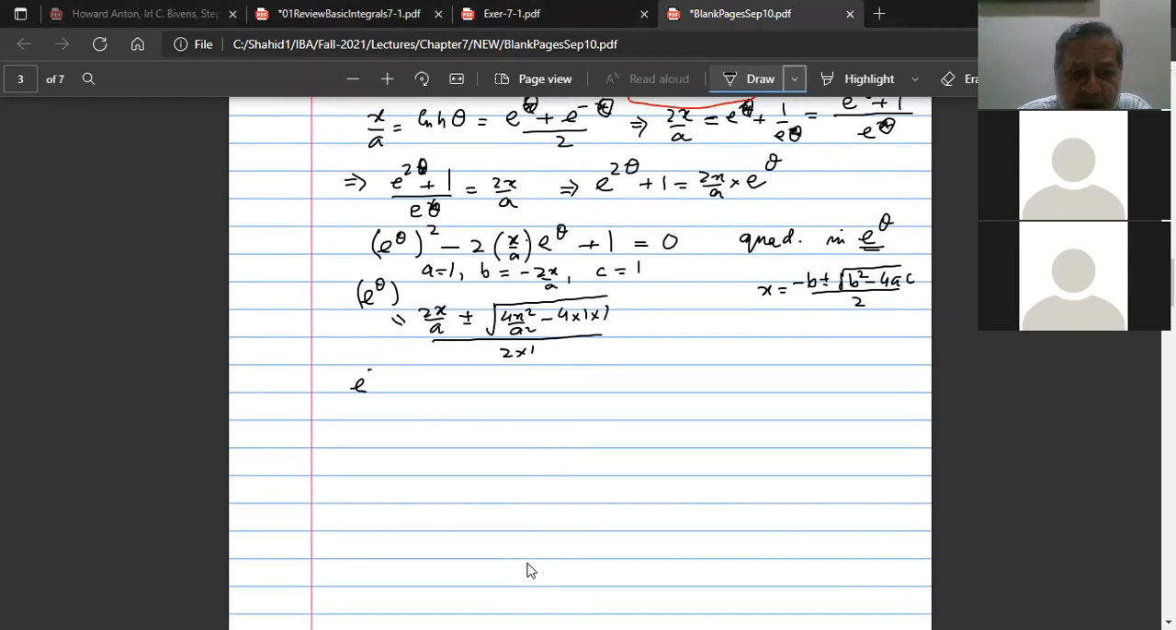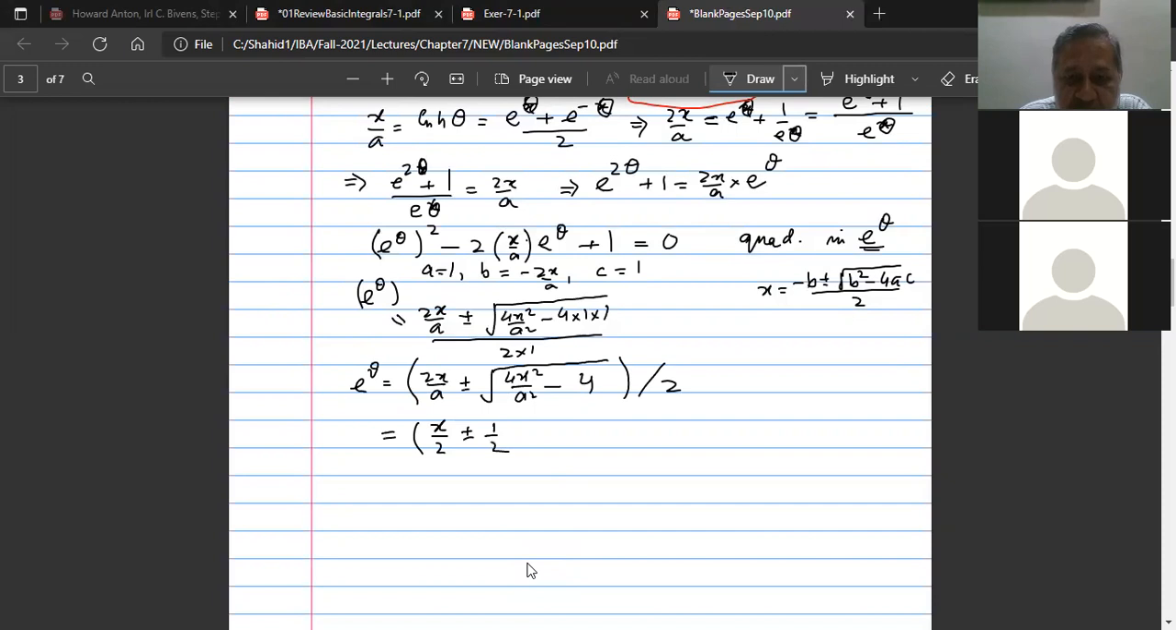Now where do I reach? 2x upon a plus minus under the root 4x square upon a square minus 4, whole divided by 2. So I write down divided by 2, so this 2 will cancel and x upon a will be written. This was plus minus